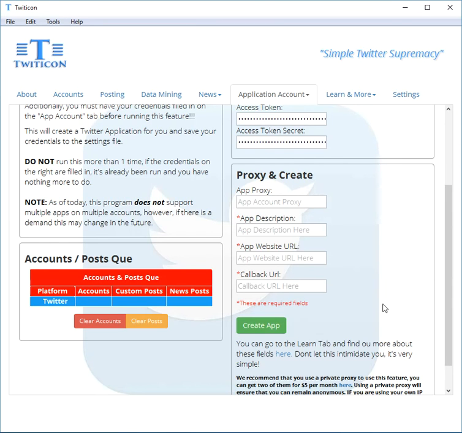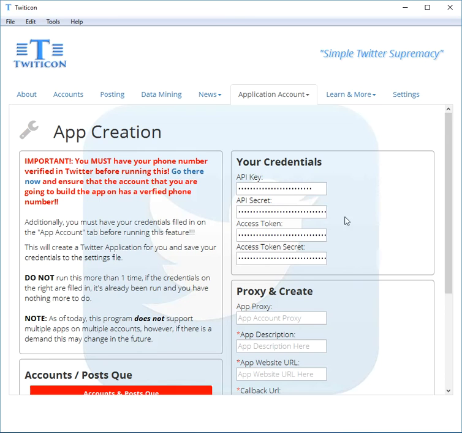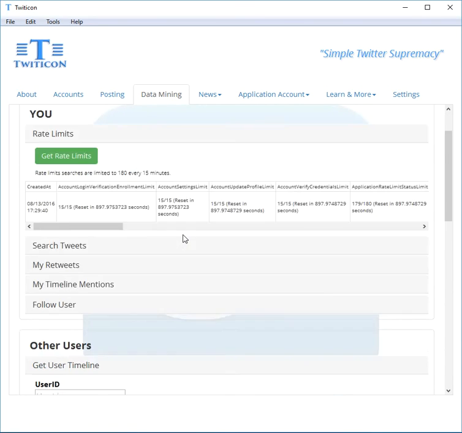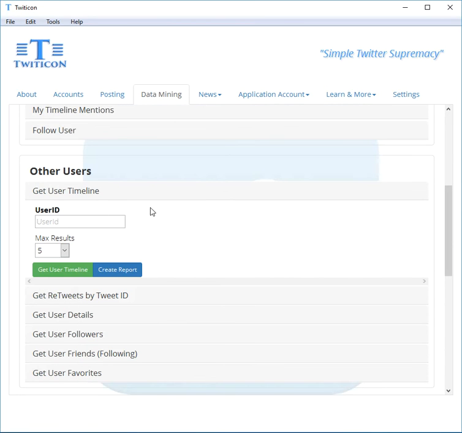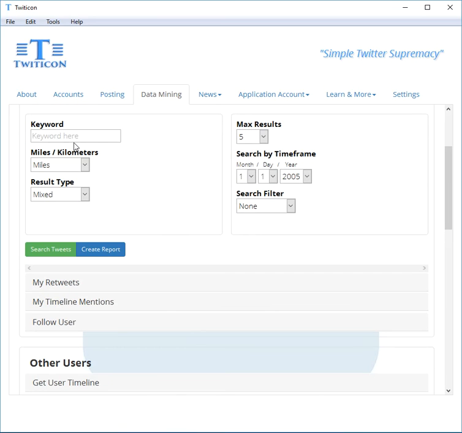Once the work is completed, it will save your information and this will be filled in. So if you can't remember whether or not you created a Twitter app at an earlier date, all you have to do is click over to this tab, Create App, and if these are filled in, it's already done. Now, once you've done that, you can now operate the data mining feature, and so that you can use any part of this feature that you'd like, but it's required to have